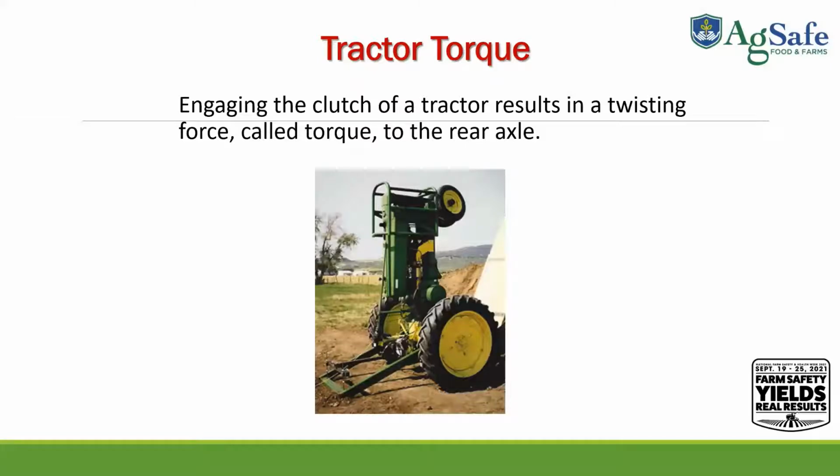If the rear axle cannot rotate, then the tractor rotates about the axle. This reverse action results in the front end of the tractor lifting off the ground until the tractor's center of gravity passes the rear stability baseline. At this point, the tractor will continue to revert from its own weight until it crashes onto the ground